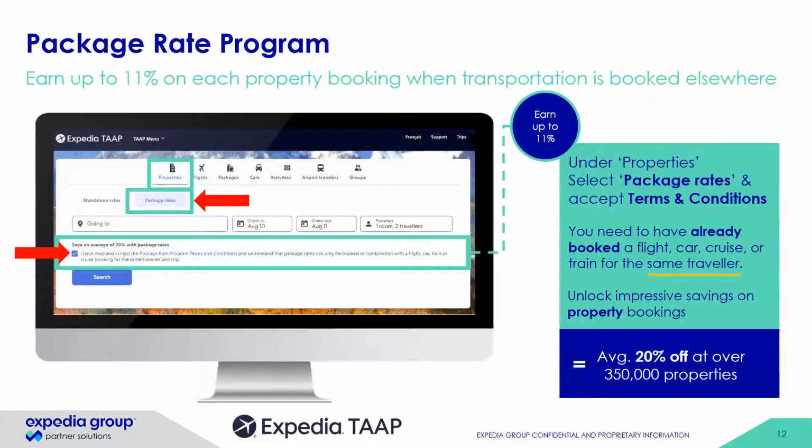So when you use the package rate program while searching for properties, this is exclusively for when you've already booked transportation. So let's say, for example, you booked a flight on GDS or a cruise through your cruise supplier. Then you would come to Expedia TAAP to use the package rate program function to get a discounted property. This is one of our most widely used features. And if you have booked a transportation component elsewhere, why not come to TAAP to get an average of 20% off the accommodation as well? So many agencies are using package rates for 30% of their total bookings, and it helps them be more competitive in the market. And because these rates aren't available on the consumer side of Expedia,